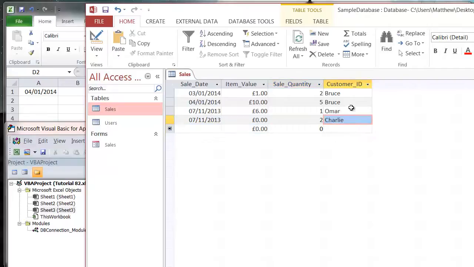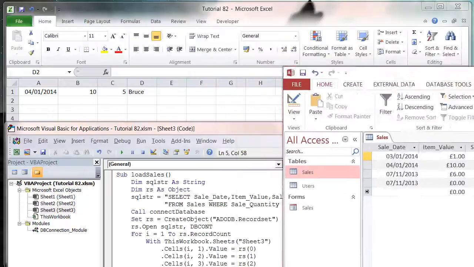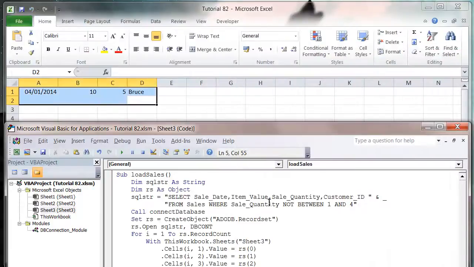So let's say we want to bring through everyone with a name that starts with A through to D. Then we can put where customer underscore ID is between, and then you just put in your letters, so A and they should be single apostrophes, A and D,